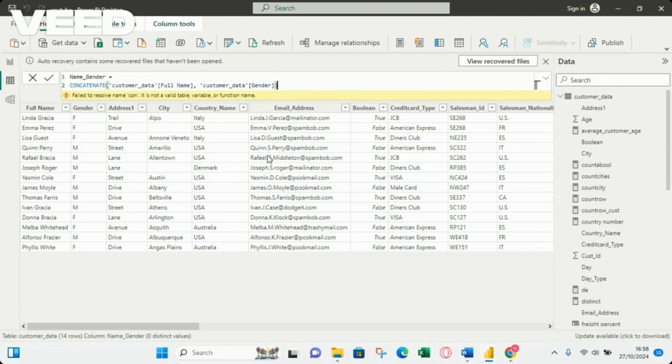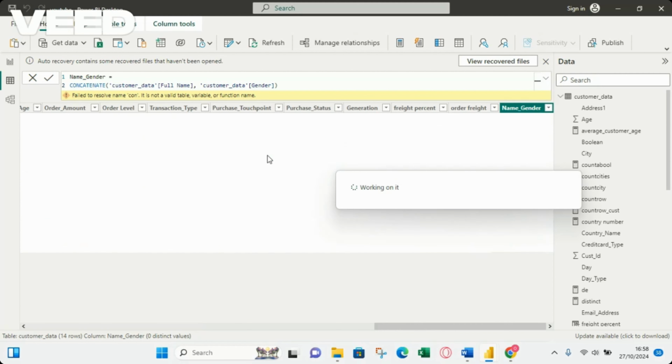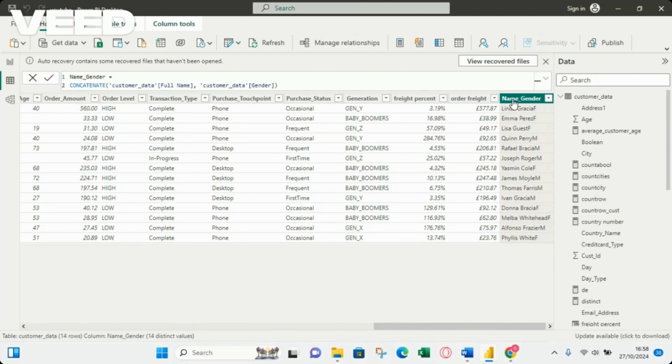And then if you close it and press enter, you can see name gender. You can see this, and the gender in front of it. However, if I want to put a hyphen in between the full name and the gender, how do we go about that? So if I come to this place and I put a hyphen,